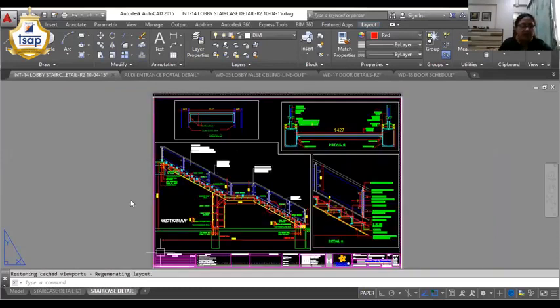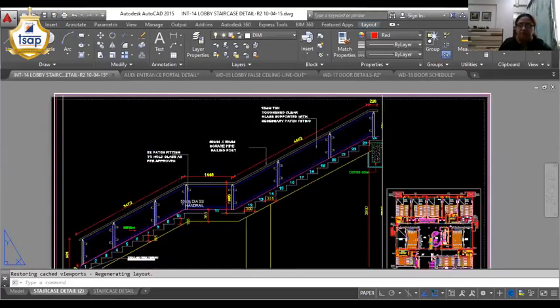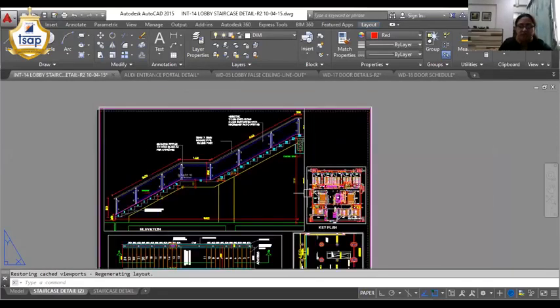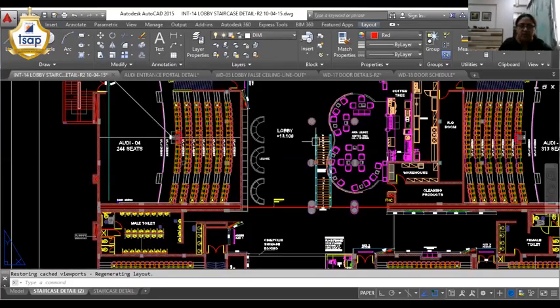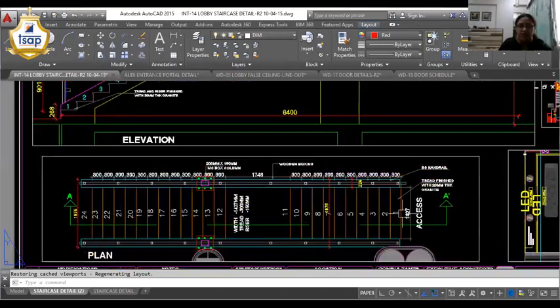In this first slide you will see the key plan, which is showing the staircase location. The staircase is located here, and now you can see the detailed plan, which is showing the tread dimensions, the number of treads, the railing finish, the handrail finish, and where the staircase is going up and down, then the dimension of the landing.